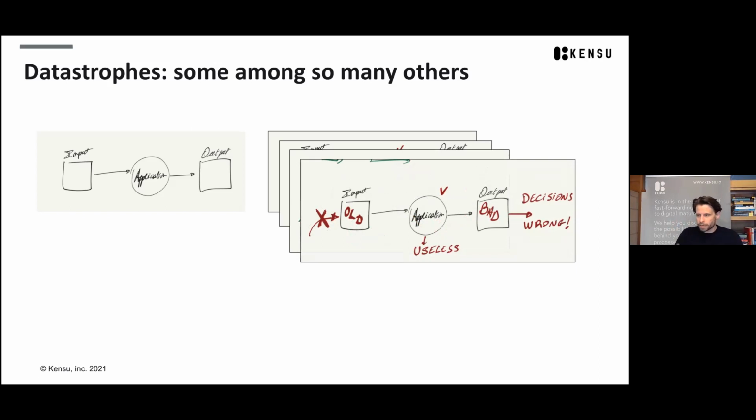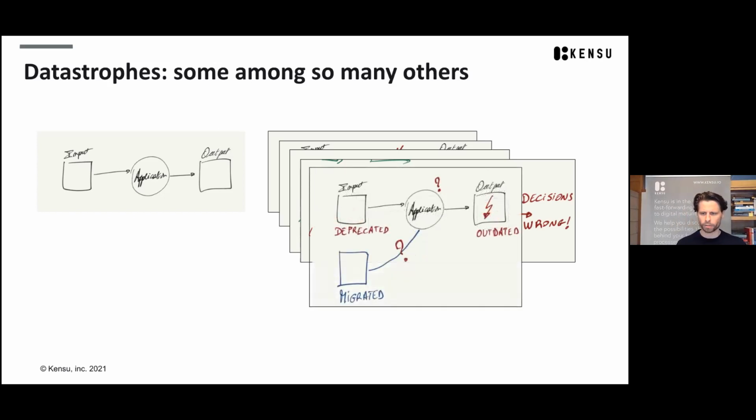So specifically, the data is useless, the decision is wrong. If you don't run the application, then it would have been the same, even better, because then you wouldn't have made these wrong decisions.